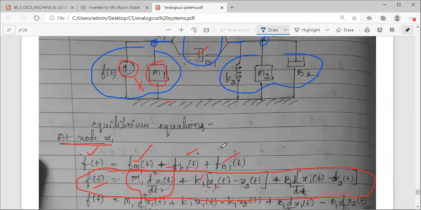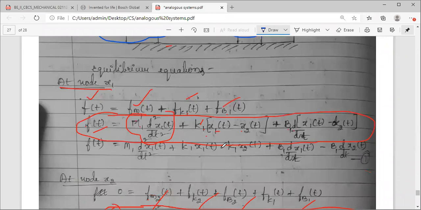Any doubts in these problems? Hope now you know how to draw the equivalent electrical network, using both force current and force voltage analogy. In today's class, we have seen two problems. Okay, one with the single node, one with the two nodes. You try to search for few problems from the question papers which may have more than 2 nodes. क्योंकि जितना आप ज्यादा nodes consider करोगे उतना perfection आएगा आपके solution में. You'll understand the terms and concepts much better.